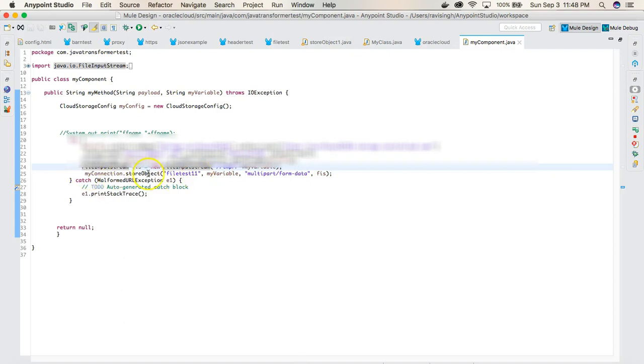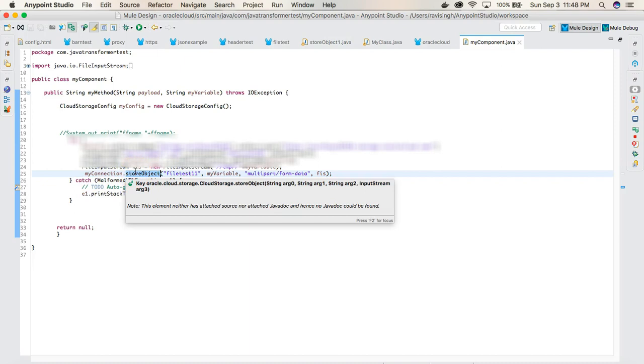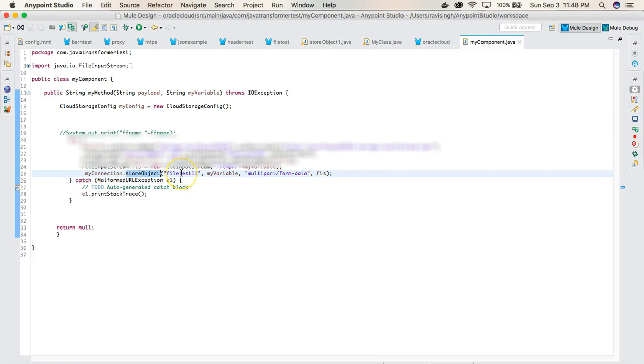And then this method, which is my connection dot store object, will actually store your object. This is the container name, file test11, which is my container name. This variable is coming from here, which is my file name, which I'm passing to the invoke. And this is the content type, which is multi-part form data, because I can pass different types of data to the HTTP. It can be a PDF, it can be an image, so all those will be included in the multi-part